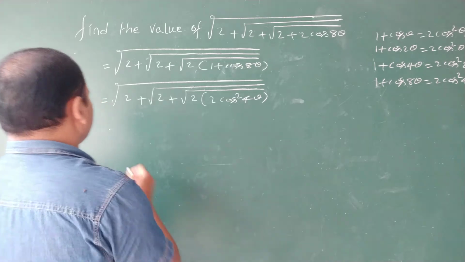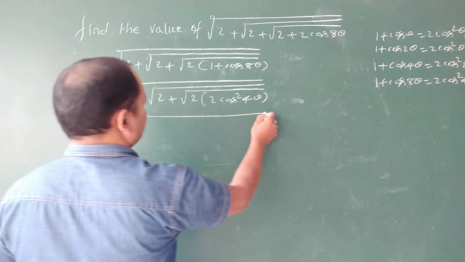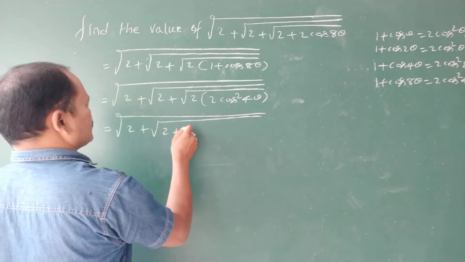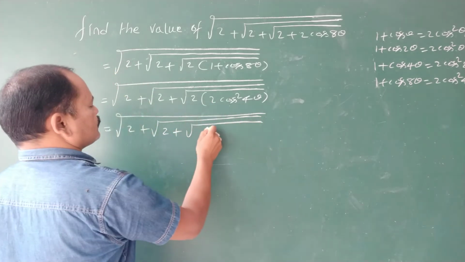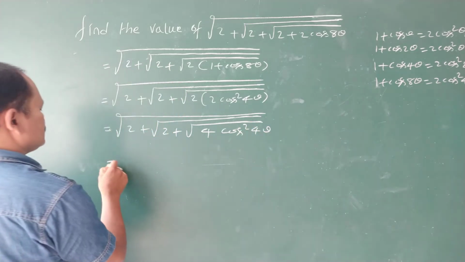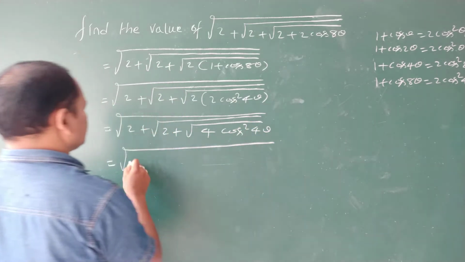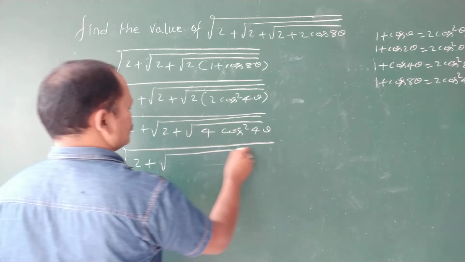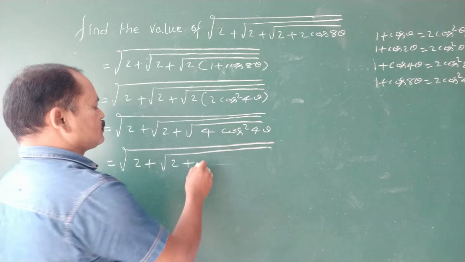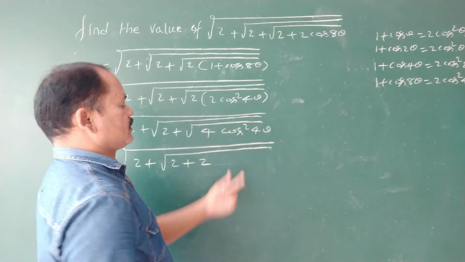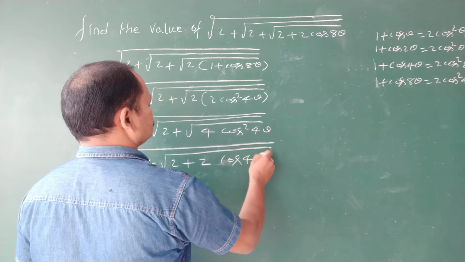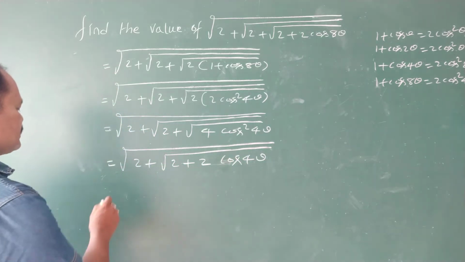From this, square root of 2 plus square root of 2 plus square root of 2 into 2, 4 cos square 4 theta. Now from this, here it is 2 plus square root of 2 plus, so root 4 is 2 and root cos square 4 theta is cos 4 theta. Right. Now from this,